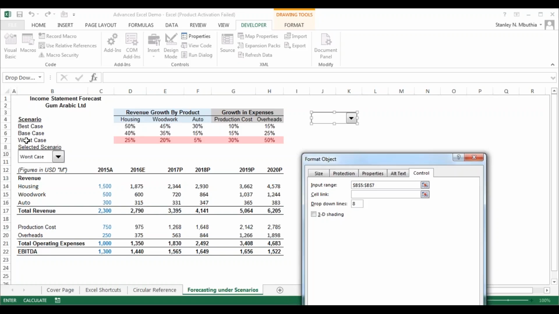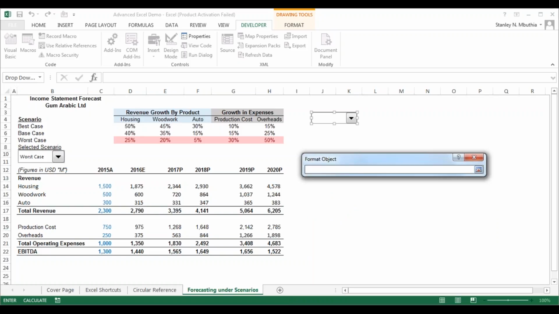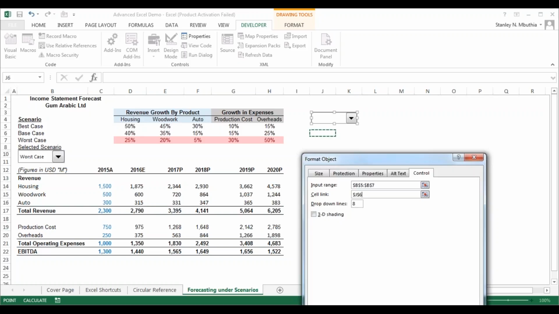It means that the combo box will assign value 1 to best case scenario, 2 to base, and 3 to worst case scenario. So after assigning that value to the different selection options that we have, where will that value be stored by Excel? That's what we are calling the cell link. So I want to define the cell that will host the numeric value. I have it here, and then I'm done with my format